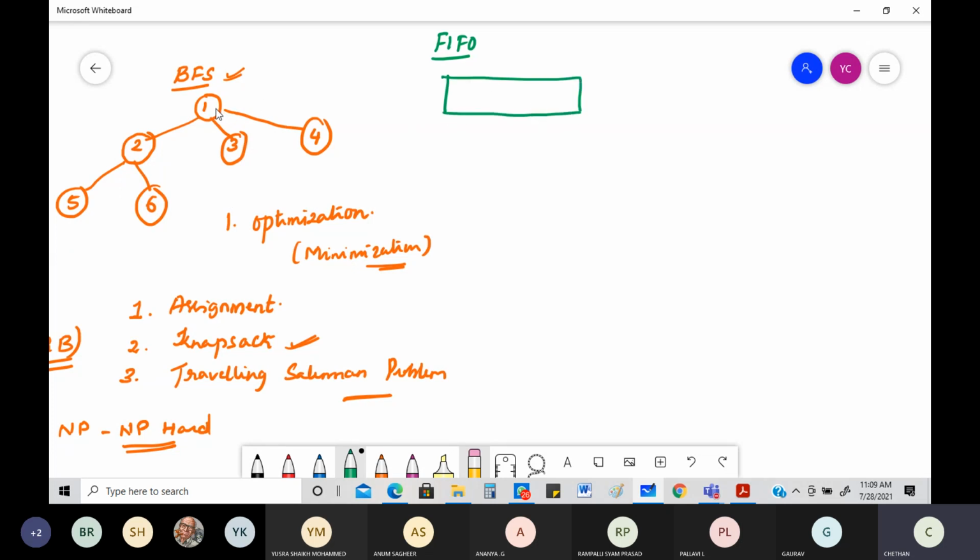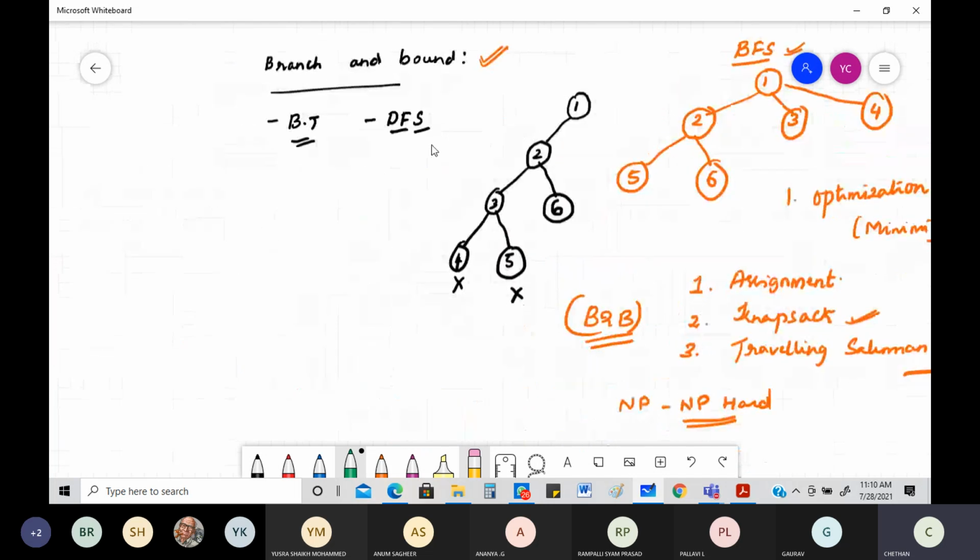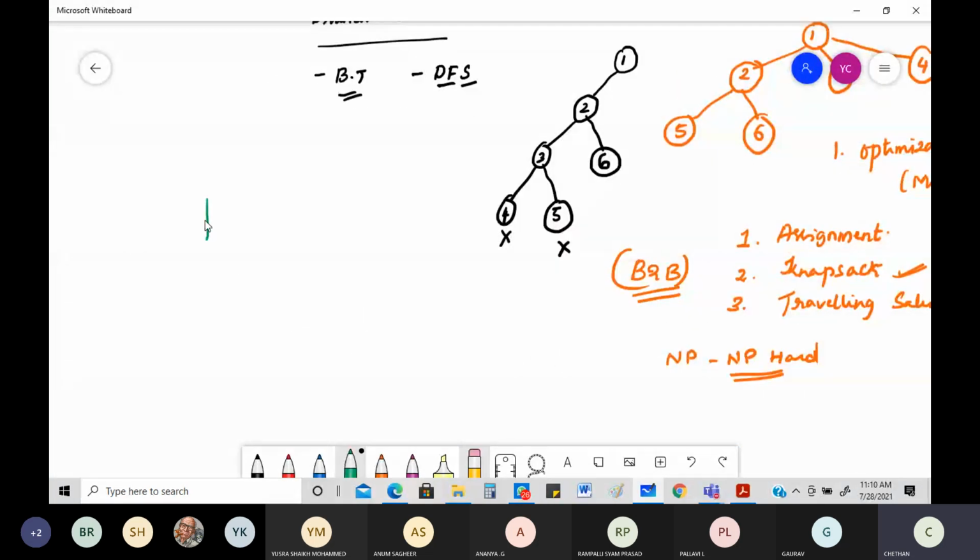First one will be 1, so that will be coming right here. The next one that will be analyzed is your 2, then 3, then 4, then 5, then 6. This is the queue representation. But if you write the queue representation with regard to backtracking, this will be changing. How do you think it will be changing? It will be like 1 only, then 2, then 3, then 4, then 5, then 6.